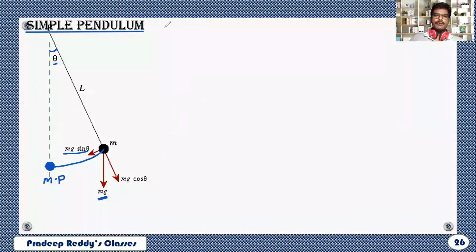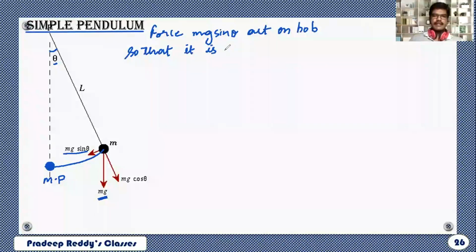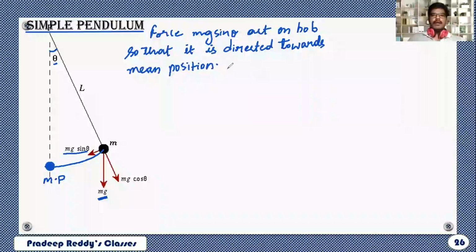So therefore force mg sine theta acts on the bob so that it is directed towards the mean position, making angular displacement